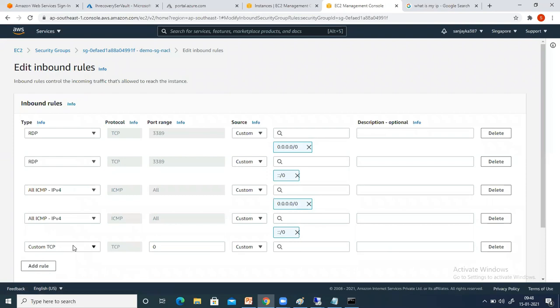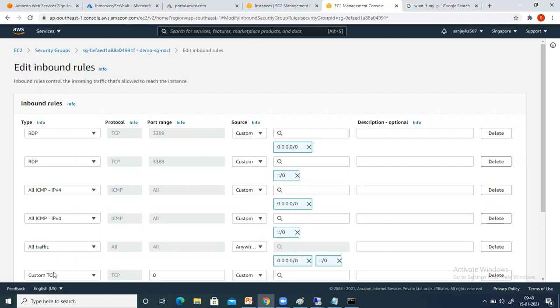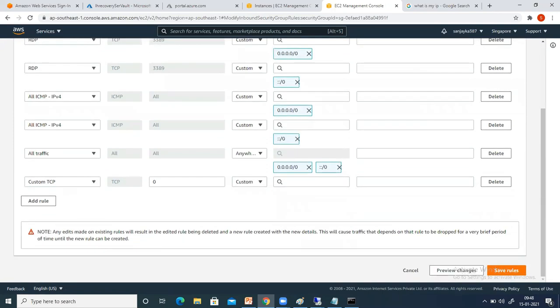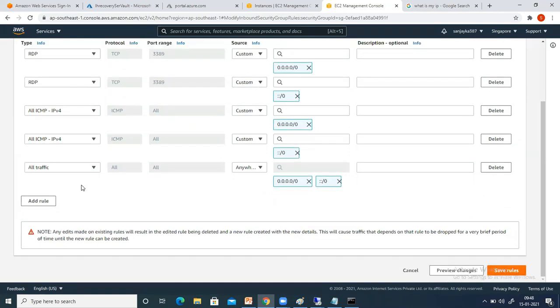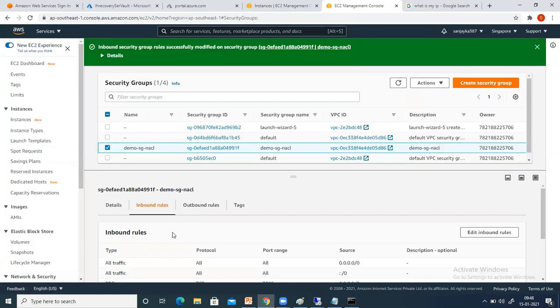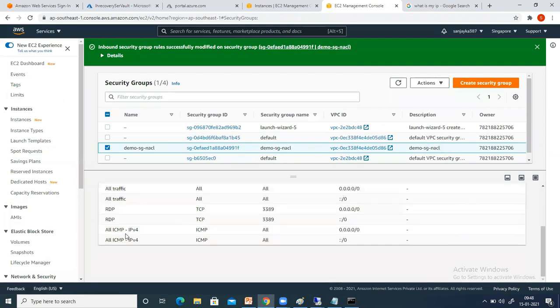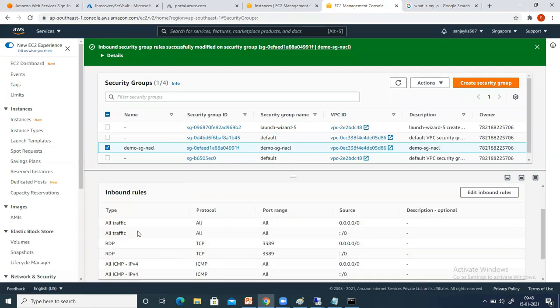Let's delete this one and select all traffic, anywhere, and click on save rule. So via inbound, I have allowed everything.